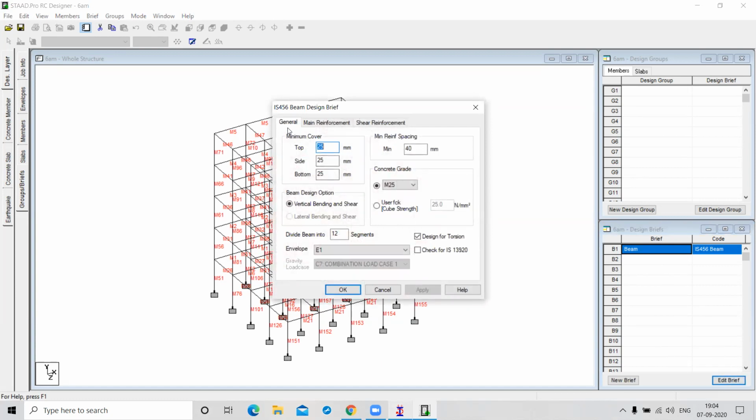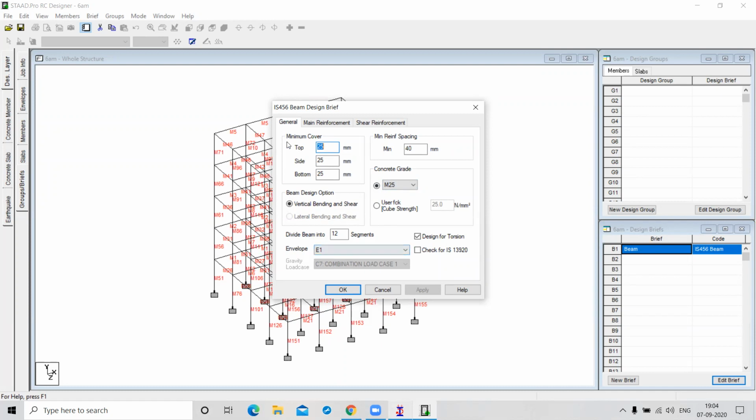So this is the General tab, and here we are assigning the minimum cover for the beam. This is your grade of concrete, and this is the applicable load combination, load C7, which is contained in the E1 envelope.